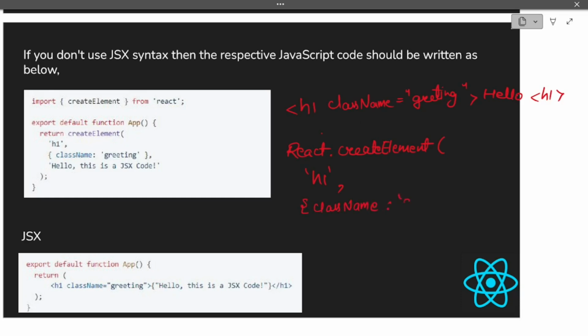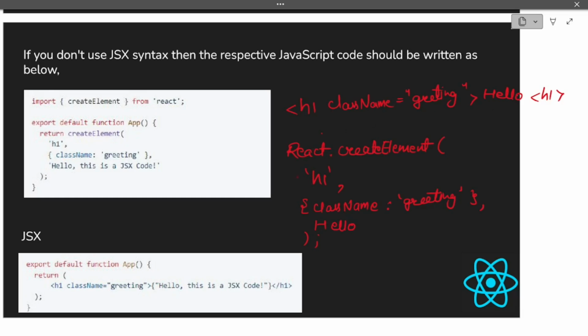And it will be taken like this. The third thing will be your content, whatever content you have written in that element. That will be the third argument. So in this way, after this is done, your React.createElement will close. Basically, in this way, this one single line of JSX is compiled or interpreted by your compiler. If you don't use JSX, you can even write the same sentence in this way, using React.createElement.